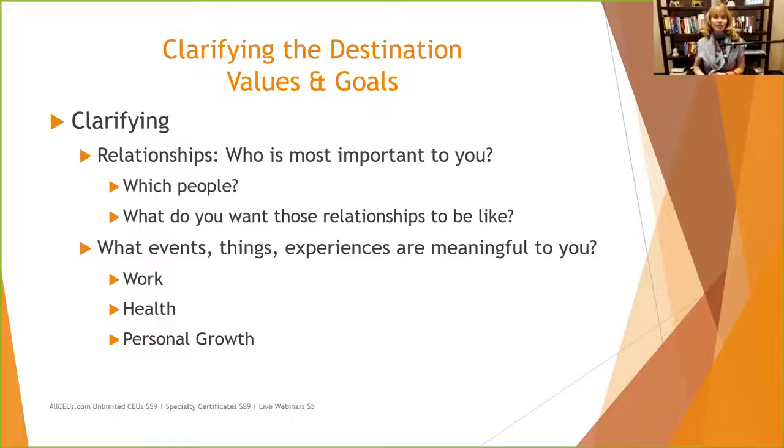Do you want to be in a neighborhood, or do you want to be kind of out in the middle of the woods? There's a lot of things that are important, values that you use in order to guide your decision making. So we say with relationships, there are a lot of people that are important to you, but who is most important to you? And who are the people that are really deep within your heart? Generally it's spouse, kids, parents, maybe a friend here or there. Most people can narrow it down to a small group of people that are imperative.